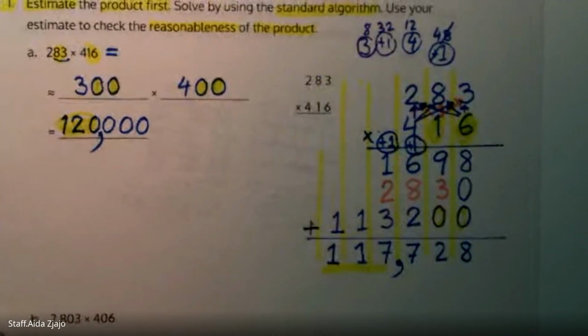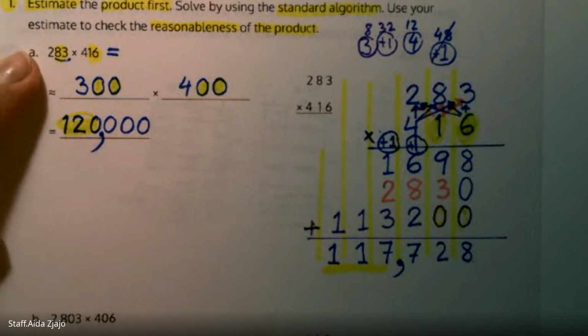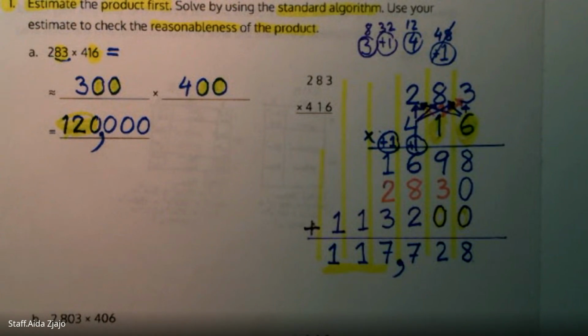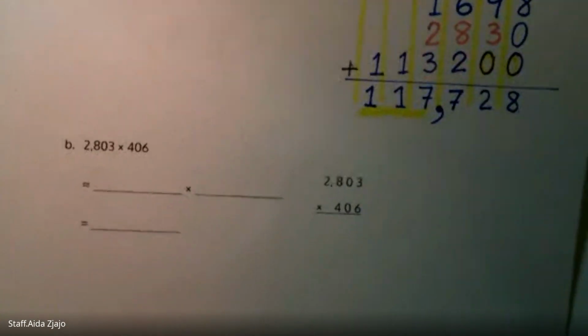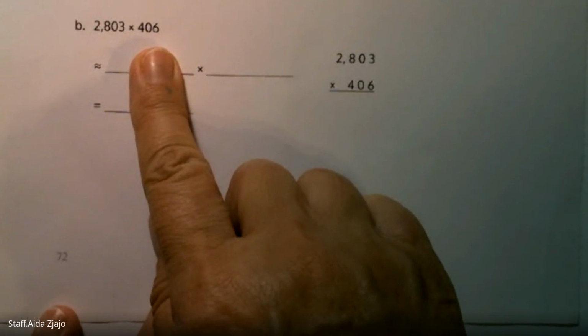So that was a problem, and then there is B as well. So let's see how B is going to be done. All right. So now B has 2,000. So now it's 4 digits by 3 digits, even bigger numbers. Once again, if I am going to round to the nearest